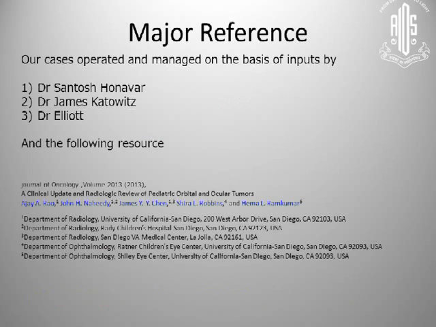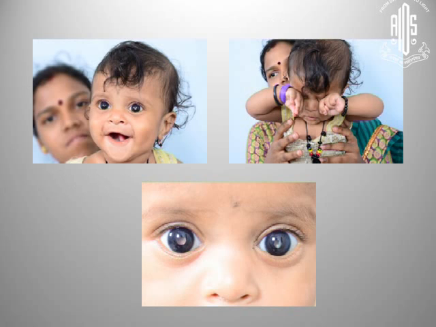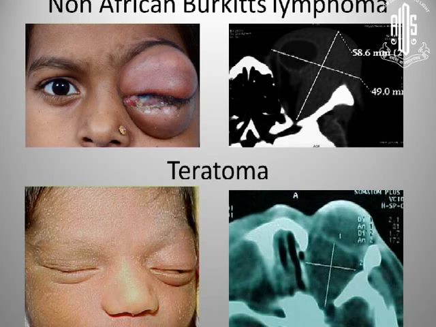The other main focus area is tumors, orbital tumors. What is new is nothing. There are no new tumors which are coming, but what is new is the awareness which is coming now. The pediatric ophthalmologists and general ophthalmologists are being more and more aware of the problem. Like for example, this patient, a 5-month-old child, was treated just for keratoconjunctivitis, allergic conjunctivitis, because she kept rubbing her eyes. The ophthalmologist did not pick up that she was rubbing her eyes because she was not able to see because of the bilateral retinoblastoma. So the awareness is what is really needed and called for the day.